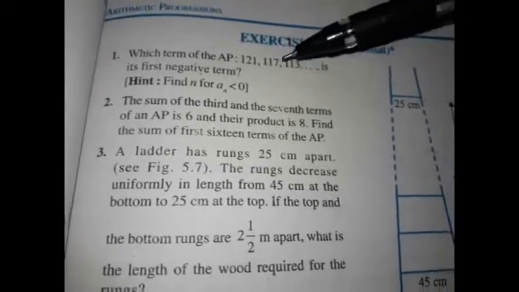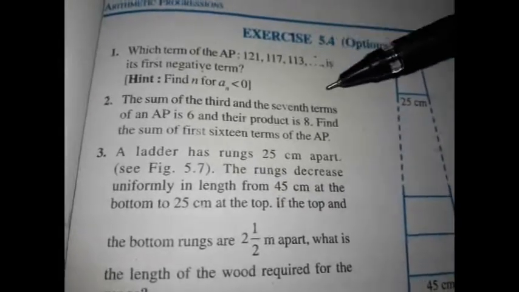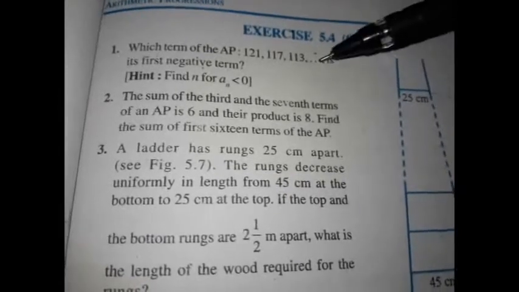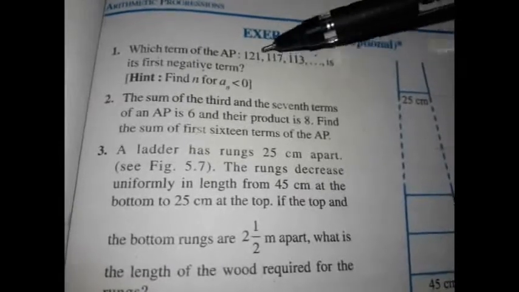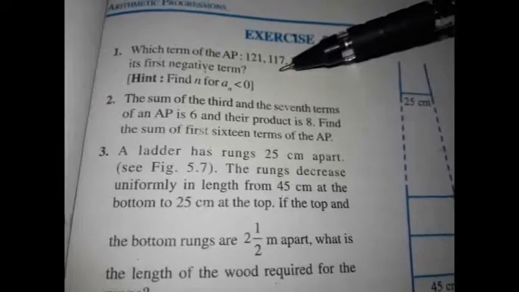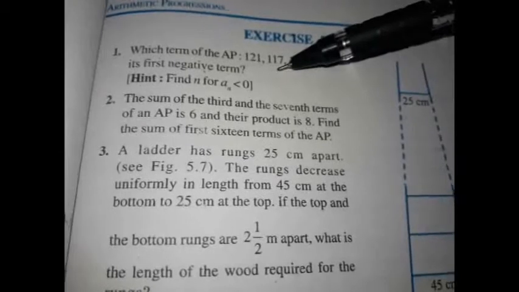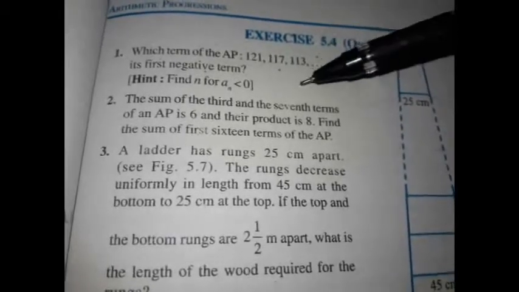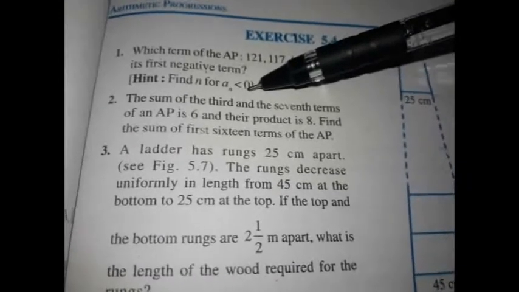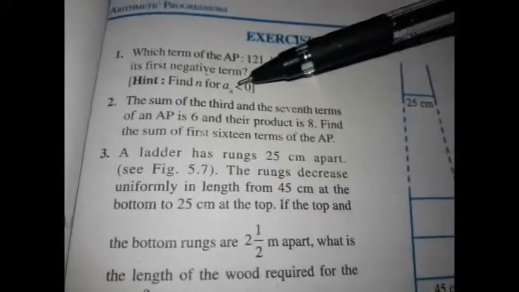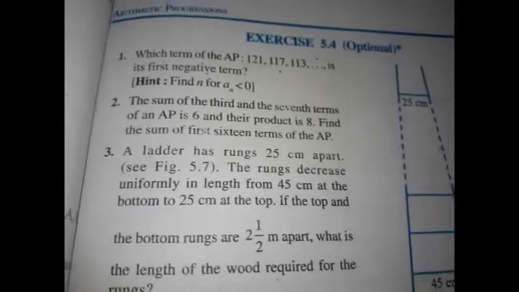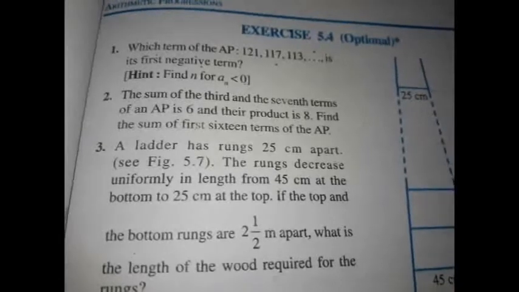So the idea behind how we are going to solve this problem is, first let us find our nth term. We don't know what n is. So just find what our an is by using our a and d, because we can very well find our first term and the common difference, right? So find our an, and we know very well they asked for the first negative term, which means an should be less than 0. That's what is given in the question. So from that we can find for what value of n that an is going to be 0. So that will be the first term of the AP which is negative. Alright, let us see how we can solve this now.